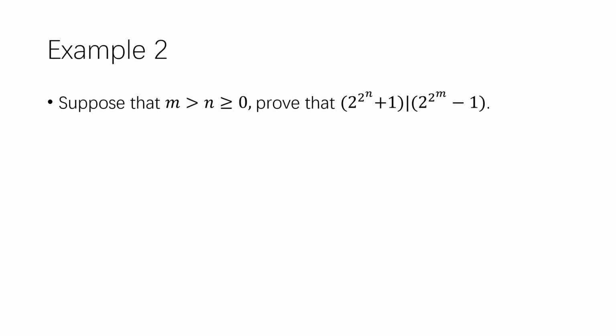Suppose that, of course, we think that m and n are all integers. Here we suppose all the letters symbolize integers in elementary number theory now. m is greater than n, which is greater than or equal to 0. Prove that